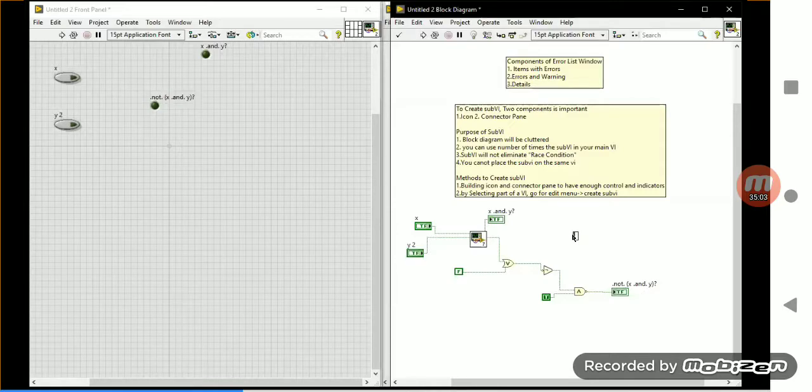So that's it about the two methods to create a sub VI. Here you can choose which one is suitable for you for programming. If you are comfortable with the connector pane, just go for the connector pane, but both are possible methods and you can implement either one. That will not be a problem. You have to decide which one you want. Okay, understood? Sub VI, understood all of you? The sub VI topic.